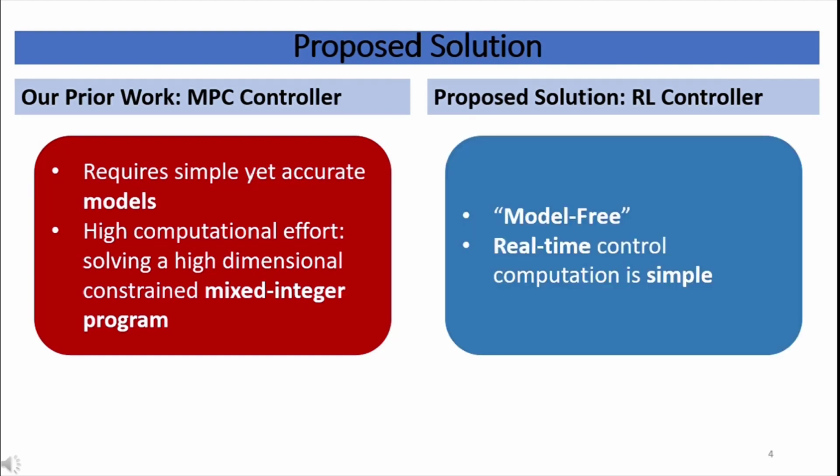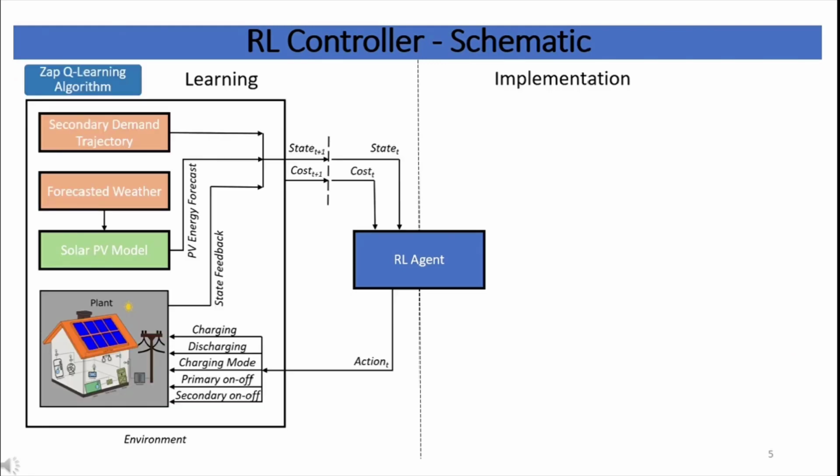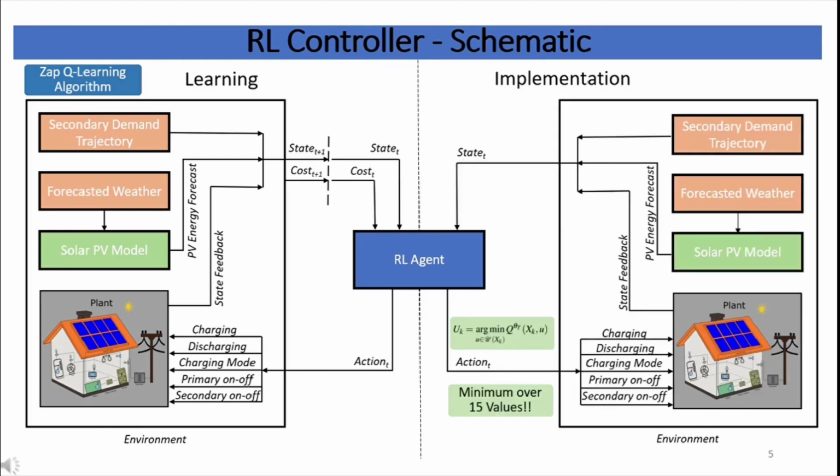In this work, we propose an RL-based controller, which is an attractive alternative to the MPC controller in our application as it is model-free and its real-time control computation is simple. We utilize SAPQ learning algorithm for training our RL controller, where we use linear parameterization for approximating the Q function. The real-time implementation of the RL controller ends up being finding minimum over 15 values, which makes it computationally trivial